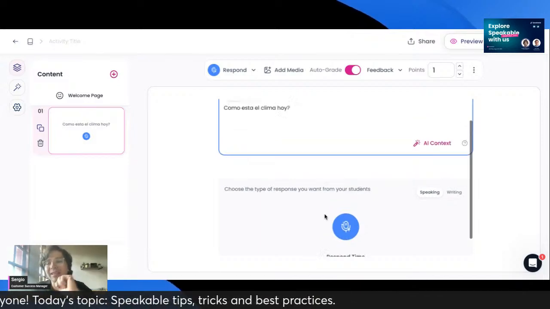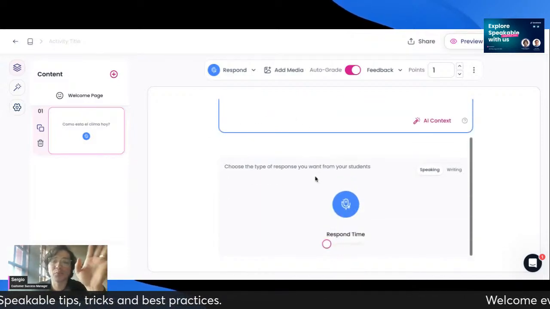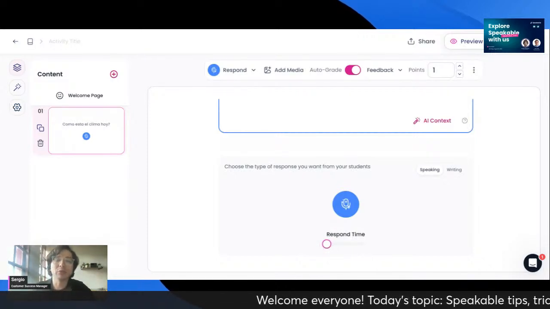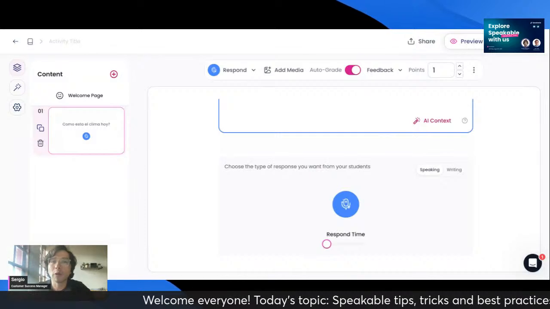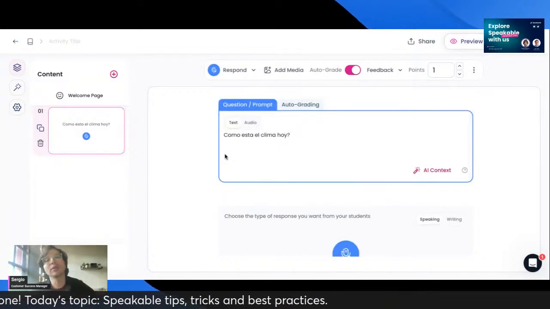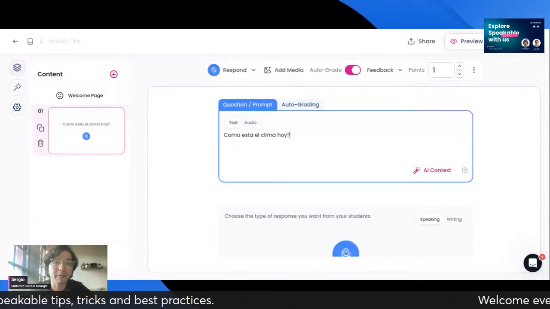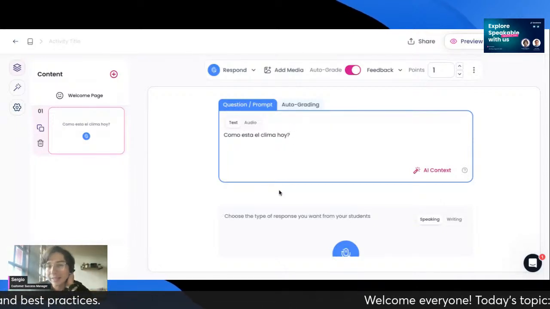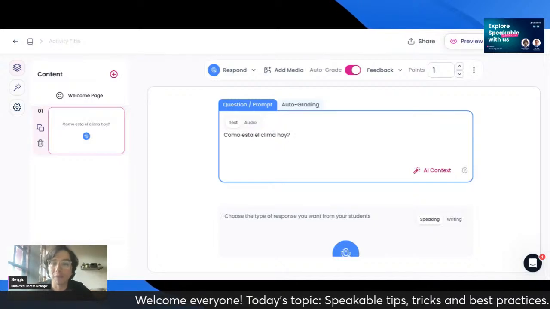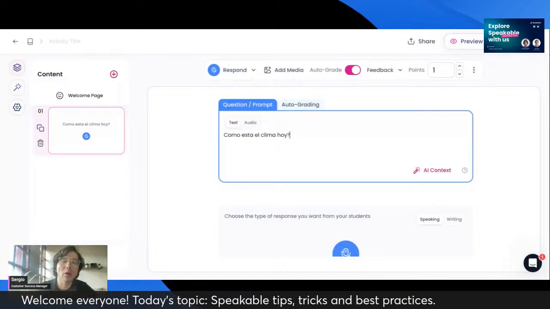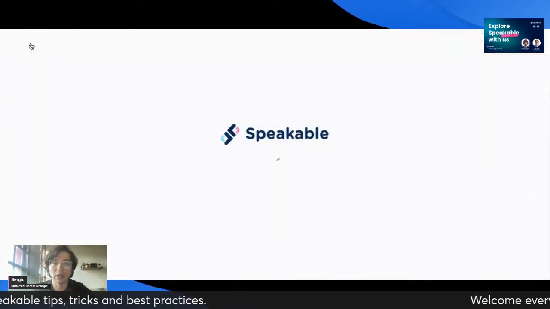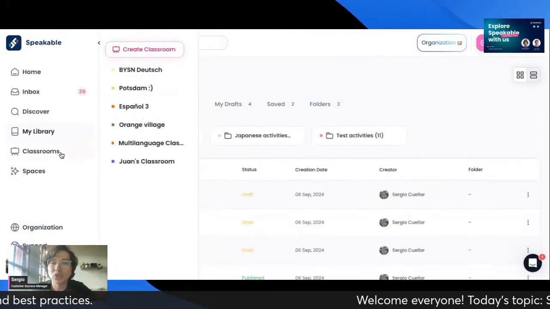So one thing you could do is you could ask a complex question, but give your students a very short time to answer. And let's say the purpose of this is to focus on fluency, right? So if you have identified that your students' answers are very slow and they are not very fluent, then you can create an activity that will, I'm going to say, encourage them to go faster. So how do you know if your students are being fluent or not? So let me go back to the main menu, and I want to show you the classroom,